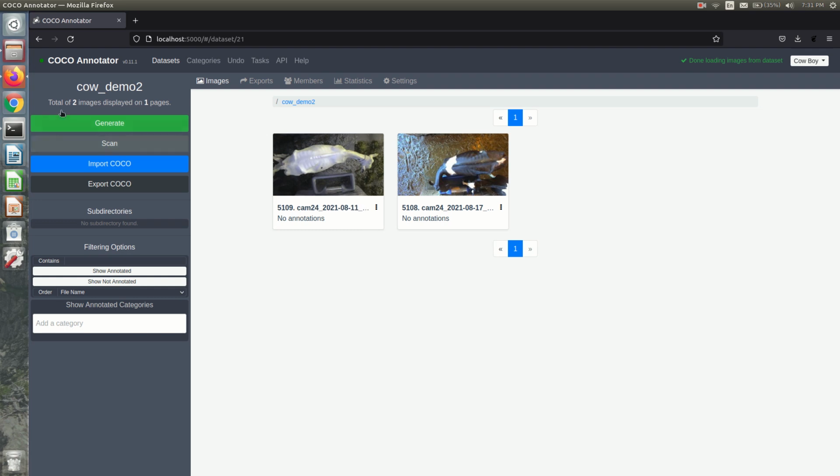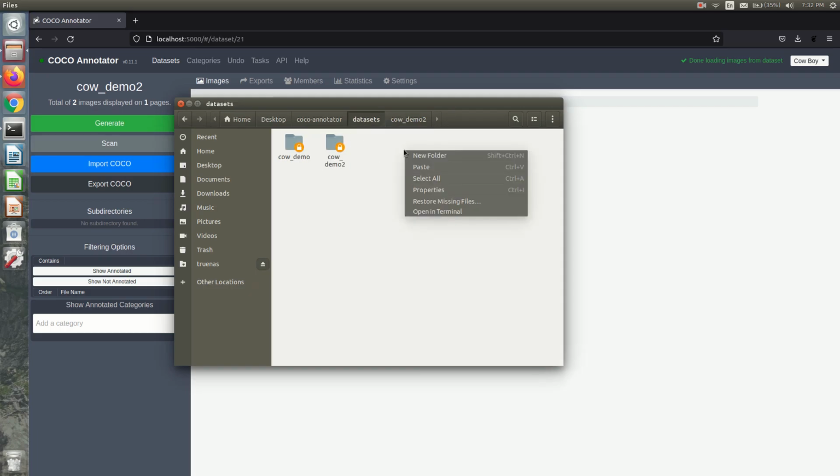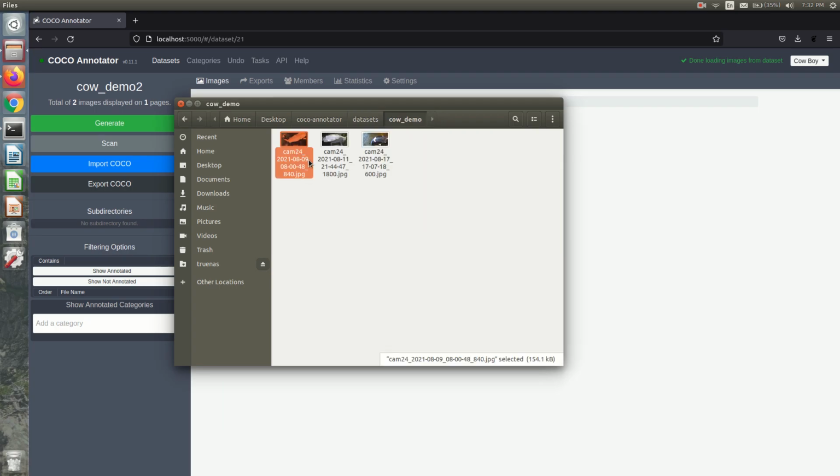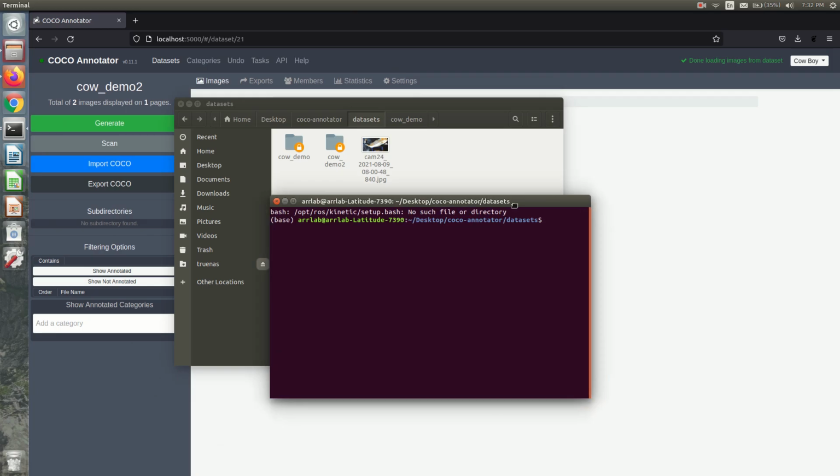We need to add another image. Let's go back to our terminal. It's a COCO Annotator terminal. So I'll just show you how to create a new subfolder. Let me pull this image over here. Let's copy it to this directory. Open this in terminal. Let's go inside